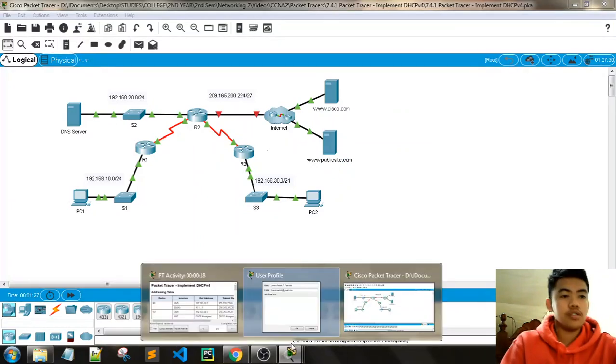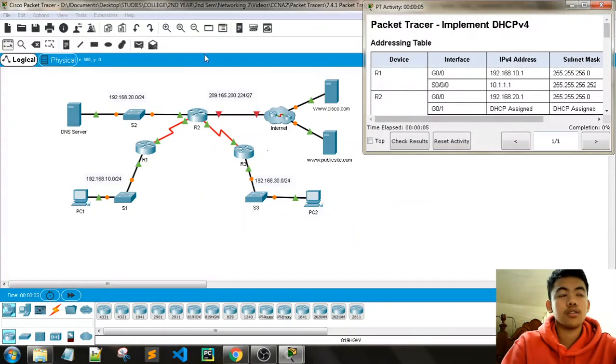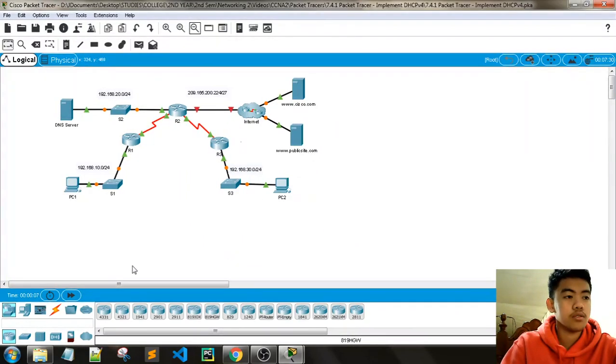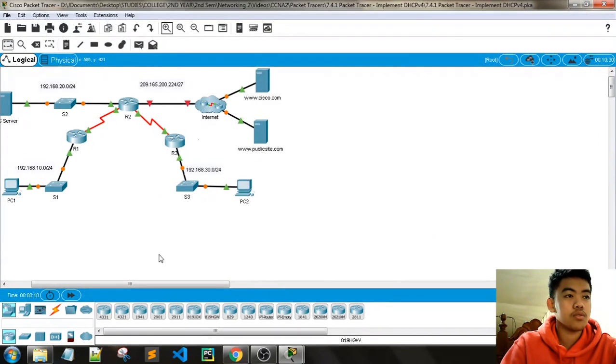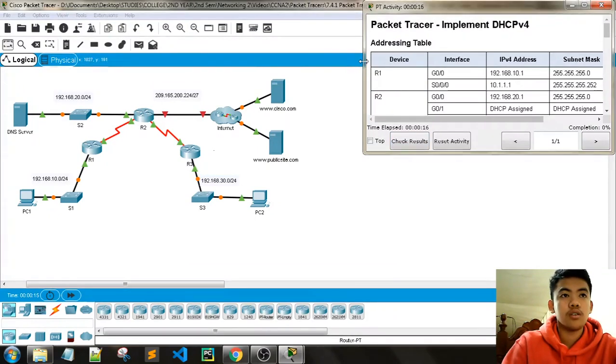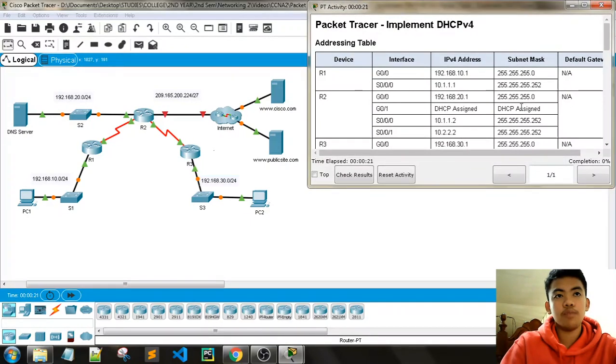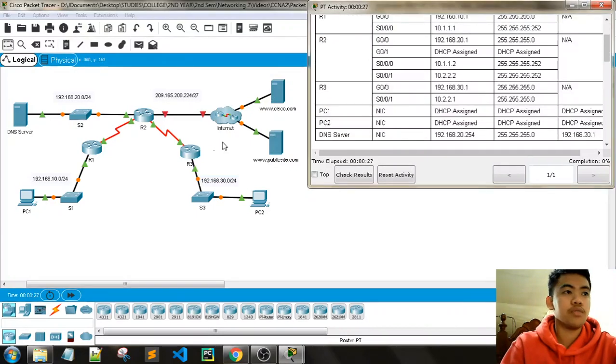So, Packet Tracer. Okay, all set. So Packet Tracer activity, implement DHCPv4. So here is the addressing table for the devices. We have here 3 routers, then 2 PCs connected to one switch. We also have the DNS server in this network, and also we have here the internet